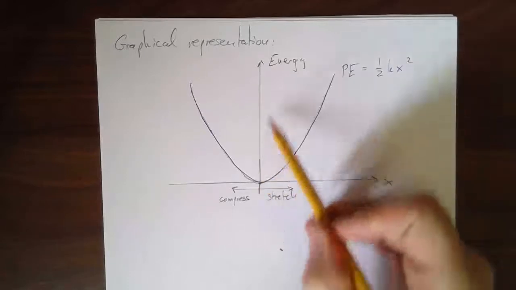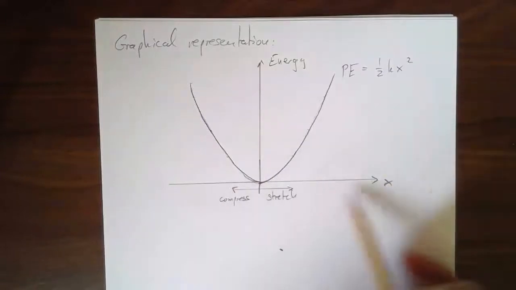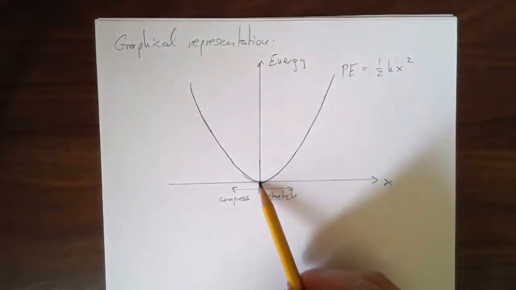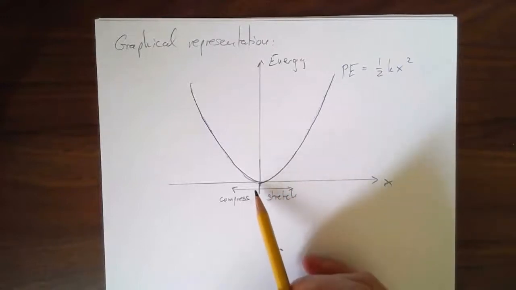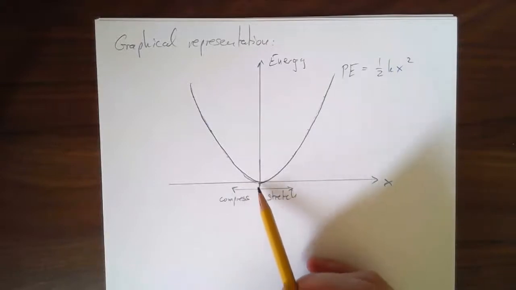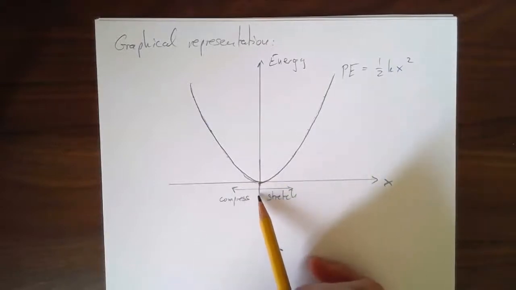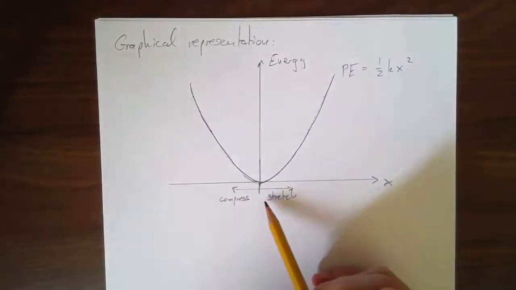Alright. Here is a graphical representation now of the potential energy. So I plotted energy on my vertical axis and just the position on my horizontal axis. Here I imagine that x is 0 in the middle, and positive x means stretch, negative x means it's compressed, just a displacement from the equilibrium point. Although I could have, of course, chosen my coordinate system to point the other way around.